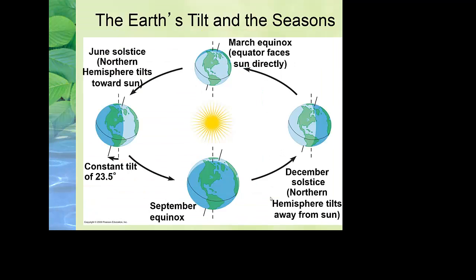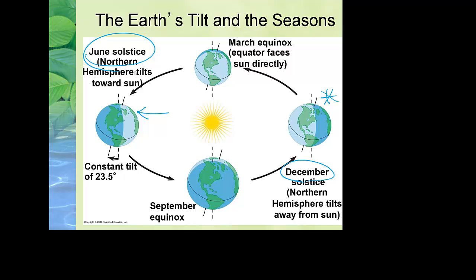Well, let's think about it. When the Earth is tilted, right, and points, this is the one that's equivalent to our previous picture. So tilted so that the southern hemisphere is closer to the sun, it's actually December. Well, is December winter or summer for us? Of course, it's winter. But when we look at the shift then, if we keep going around the sun, eventually the northern hemisphere is tilted towards the sun. Okay? As it tilts towards the sun, that's what we call our June solstice, or the first day of summer